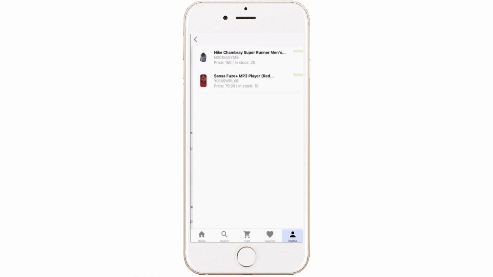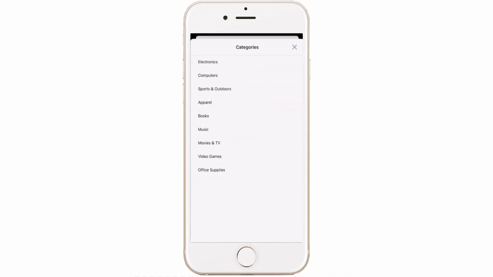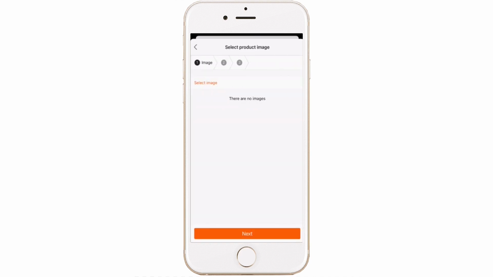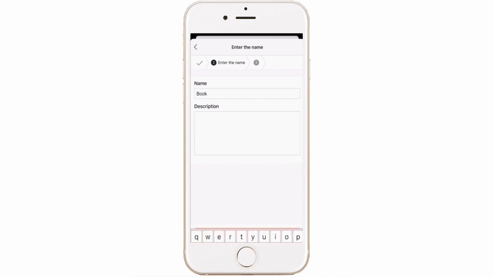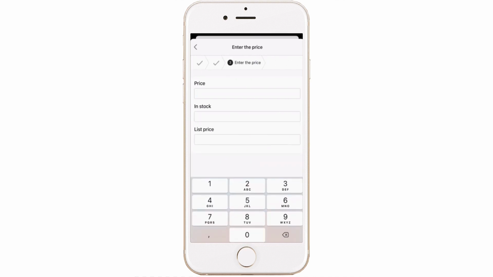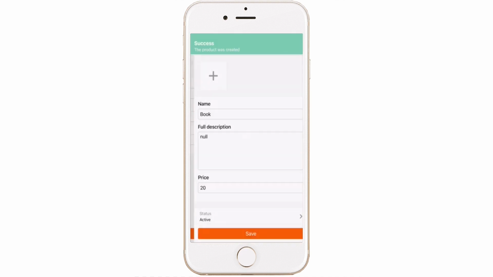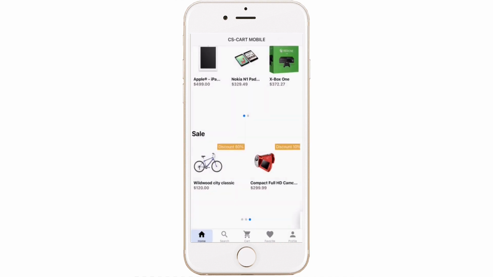So, what can vendors do from the app? They are able to add new products to the store, edit them, upload the product images, and look through the order's detailed information. In addition to changes in products, shipping, and payment methods, you can also make changes to the app appearance using layouts. For example, you can change the content of your homepage. I will show you how.